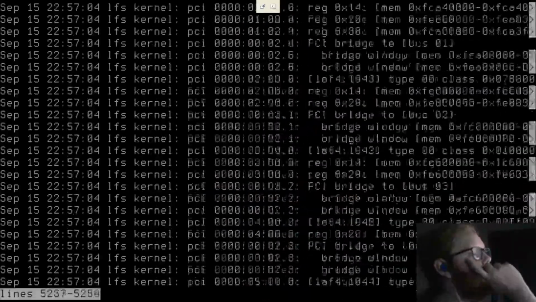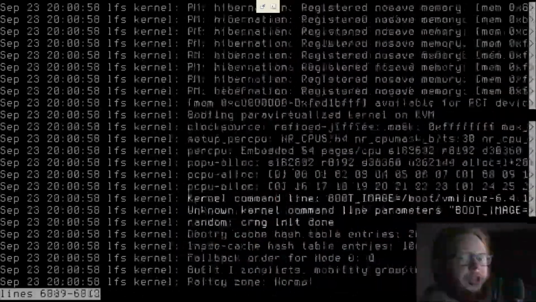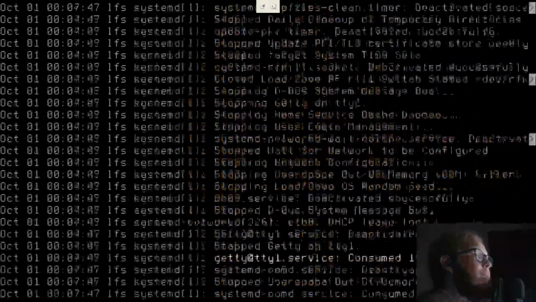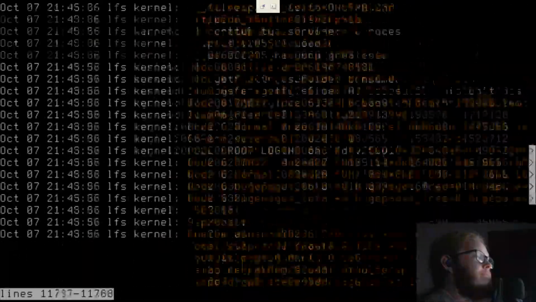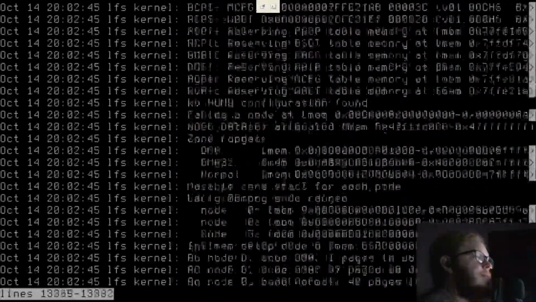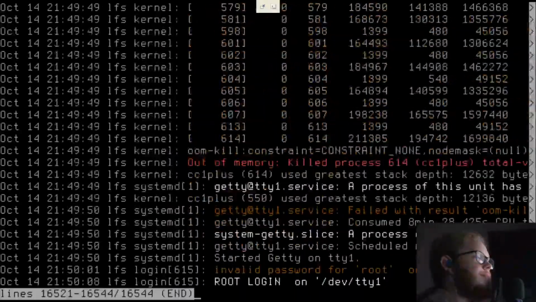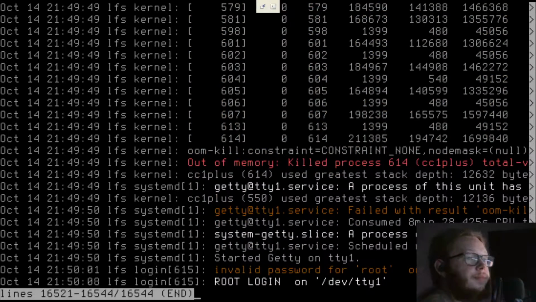If I can remember where I put, I can't. I'm gonna have to check my own video to see where I put htop. Why are you still running?